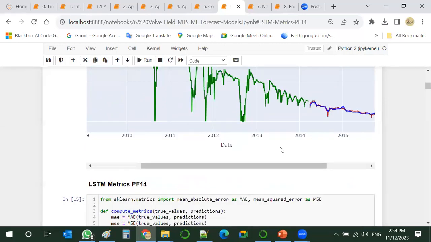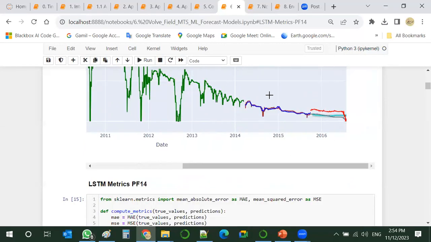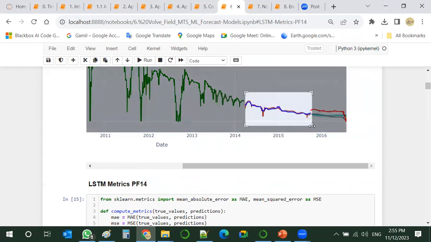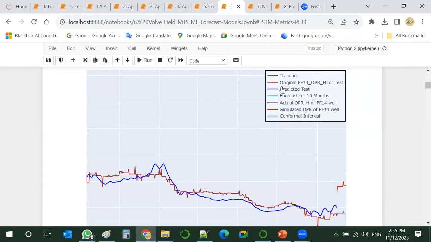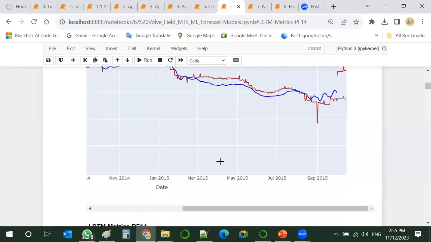And we can see this green is the original data. We give this brown to distinguish the test interval. This is the test interval, and these are the test predictions in blue.